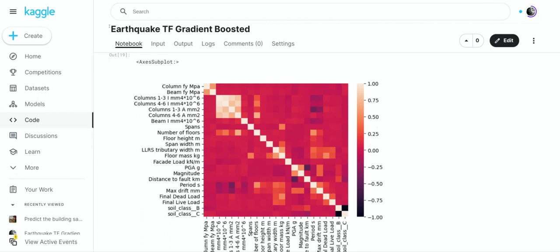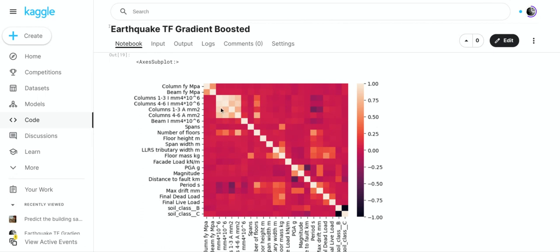Now, if I really wanted to, I could go through and delete the columns that are really highly correlated, because that might introduce noise into the system. But whenever I did the heat map, I just saw all the orange and I thought, oh, it's not very highly correlated. But you can see this section right here.